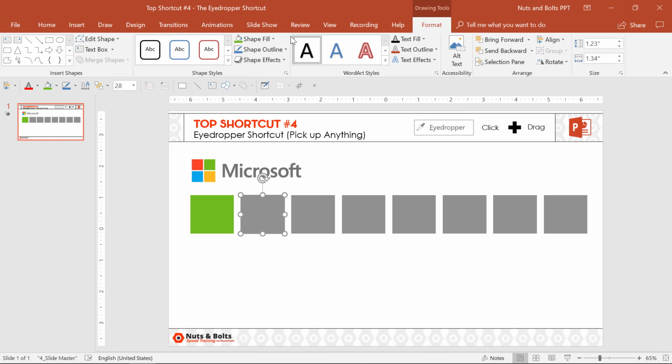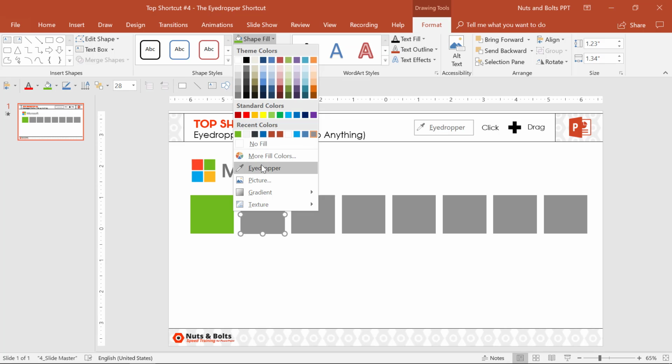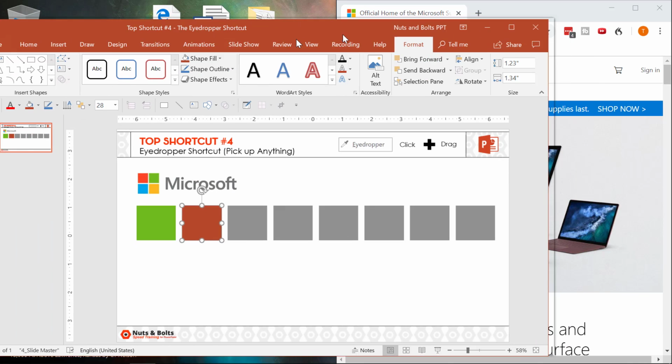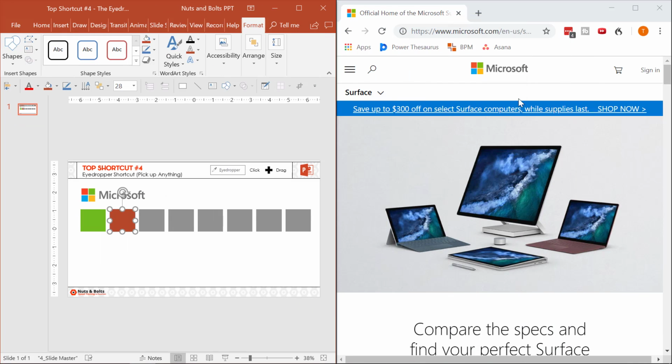For example, if I come to Shape Fill, Eyedropper, let's say I want to get that PowerPoint red at the top of my ribbon. I click with my mouse and I then drag to the top and I immediately get that Microsoft or PowerPoint red. And where this saves you a bunch of time is if you're pitching a new client or trying to get someone's colors, let's say I'm pitching the Microsoft Surface team, I can quickly, all right, Shape Fill, Eyedropper, click and